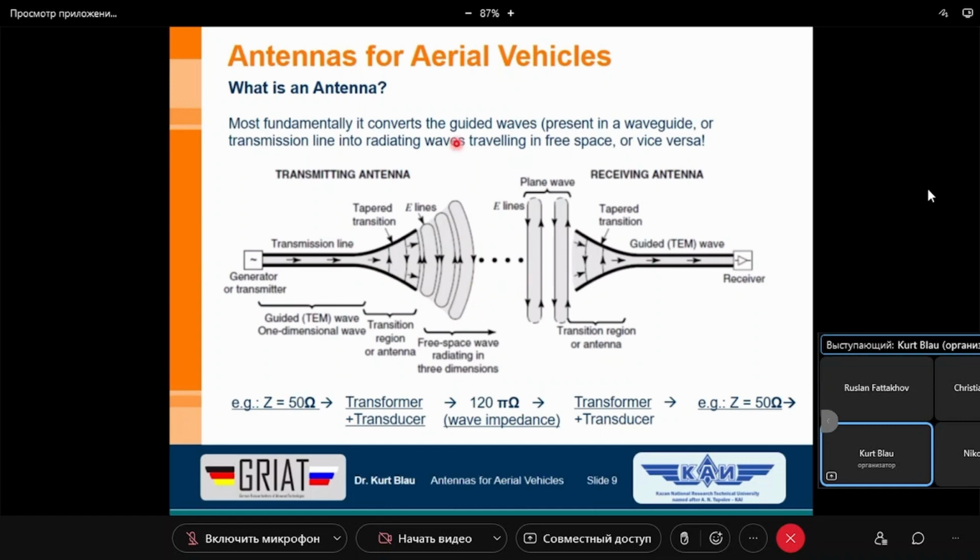It's making a phase front on the surface of a sphere, which means the wave is traveling like a bubble, and with a larger diameter or radius, this surface comes more and more near to a plane. At a distance of infinity, it's in principle a plane wave. But in a lot of applications, we cannot realize such large distances. In every case, we have very defined distances, and it's clear that the larger the distance is from